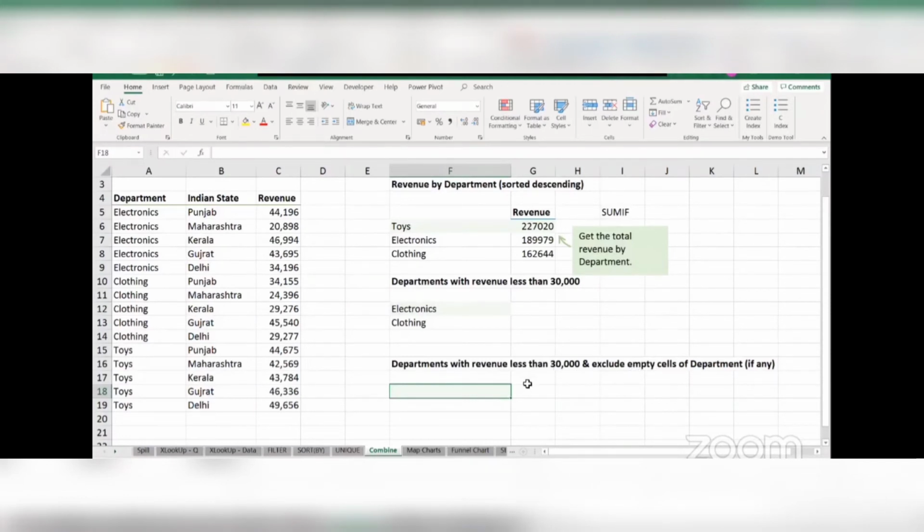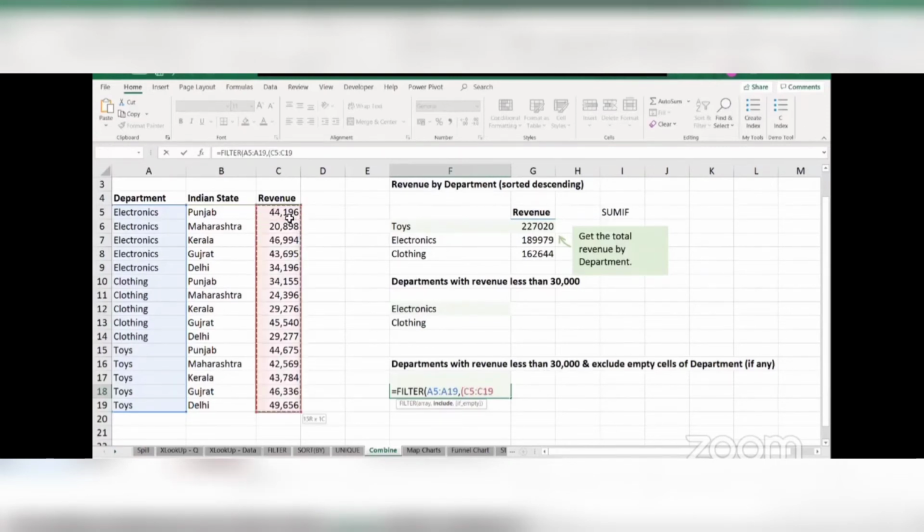All right. So I will say is equal to filter. My array will be my department column, comma, and because we have two criteria here, we need to use round brackets. Remember round brackets? So we need to use round brackets here. I will open one. First one is revenue less than 30,000. So I will select my revenue column less than 30,000. Bracket closed. And we have the and symbol here. So instead of using the plus sign, we need to use the star sign. I will add the star sign here.